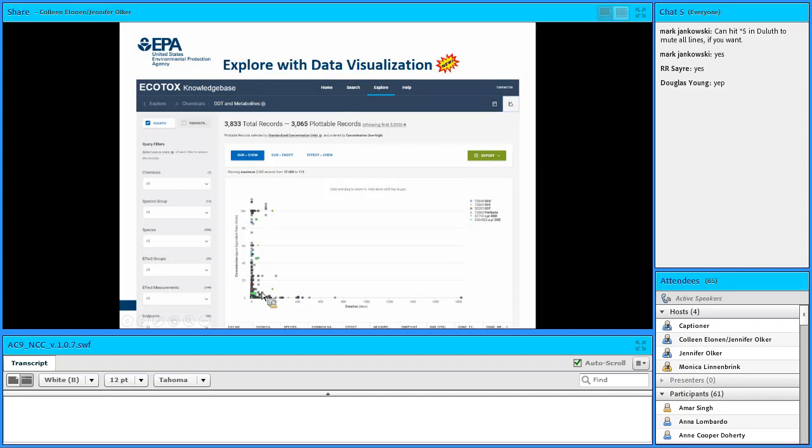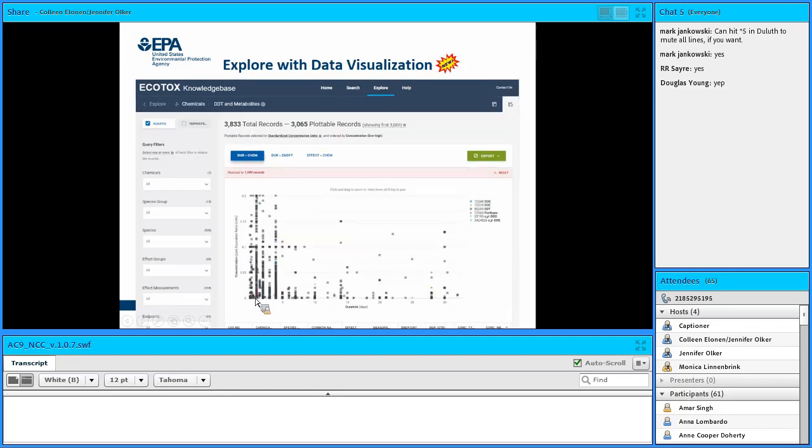And we're just going to zoom into this tiny little corner down here where it's shorter term and lower concentrations. And you can see there's actually a lot of data hidden down in that little corner. The different chemicals in this plot are all color and shape coded, and this dark gray square seems to be obscuring everything else, and that is DDT. So I'm actually just going to turn that off